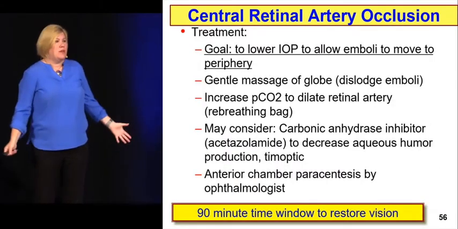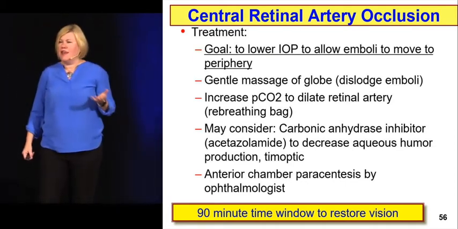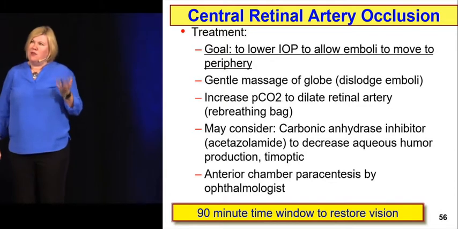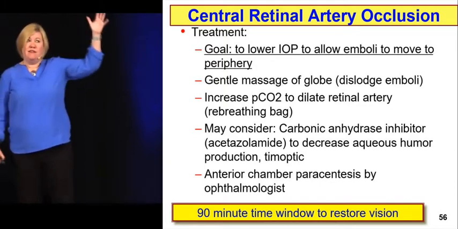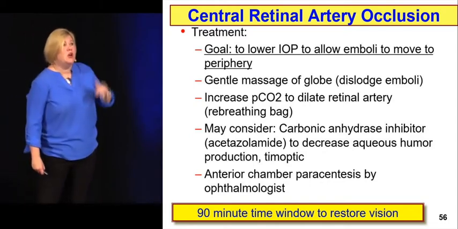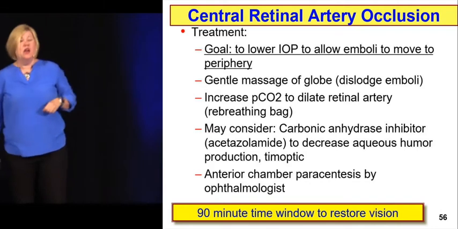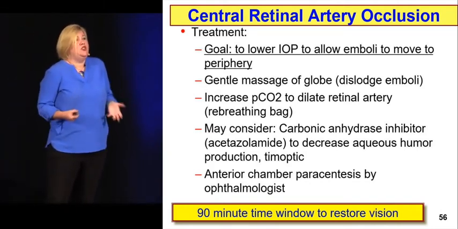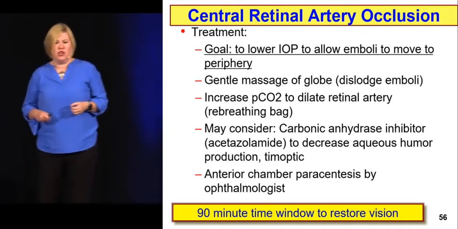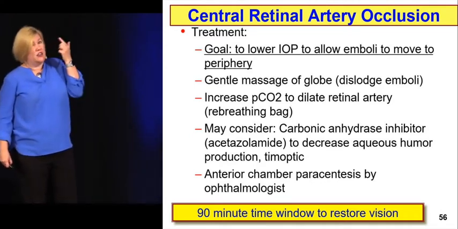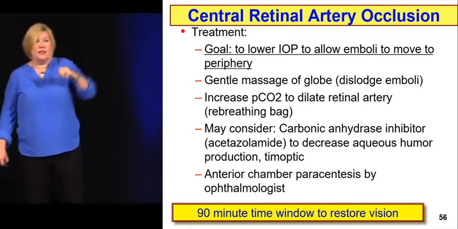Now, what can we do for a person who's got a CRAO? They've got no blood going to the back of their eyes. Is there anything that we can do? Well, the thought is if we were to lower the intraocular pressure, not that it's elevated in this particular condition, but if we could lower it a little bit, we could promote extra blood flow. Maybe the blood flow will start up again. So we do a lot of the things that we do for acute angle closure glaucoma, trying to lower that intraocular pressure. We also can try to gently massage the globe,